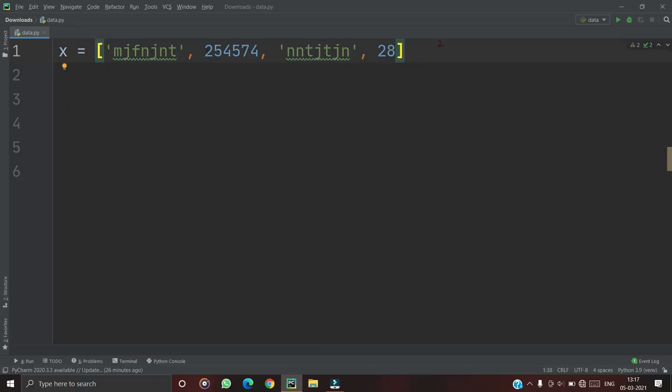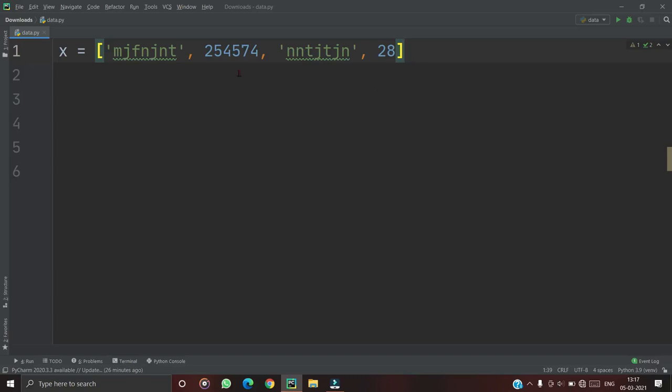You can see here are the characters, here are numbers. So that means it is not required that the elements in a list be of the same data type.